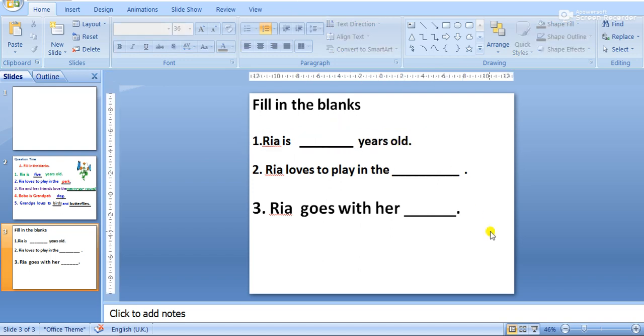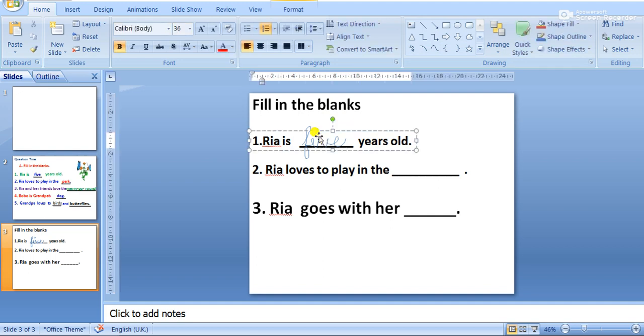Now, there are two ways of writing the answers. You can either go with drawing. There is a drawing tool, a free cursor. You can just stick on it. See, you got a pencil. Ria is 5. Click on the left mouse completely and start writing. F I V E, 5, isn't it? So it appears like this.